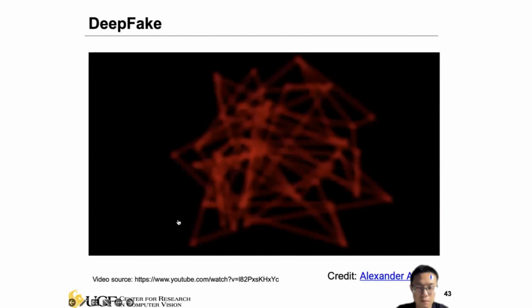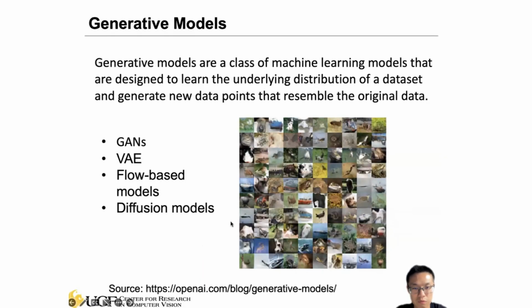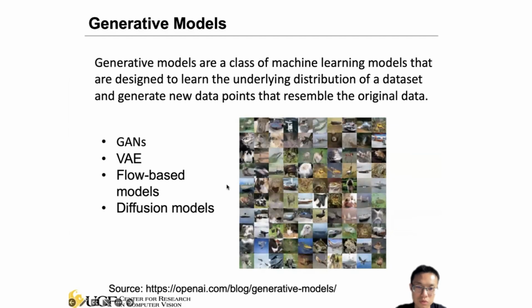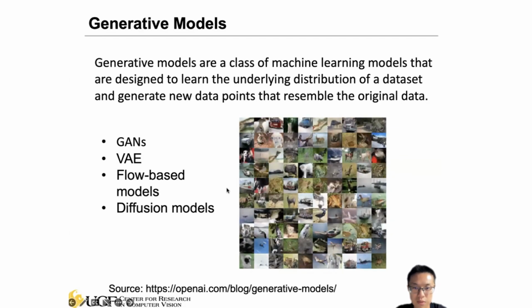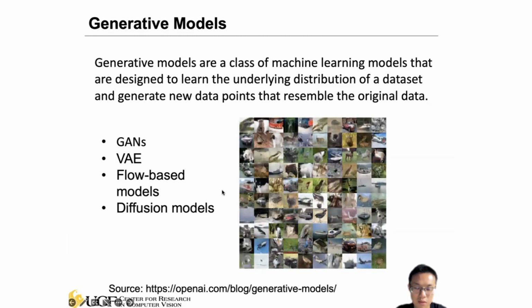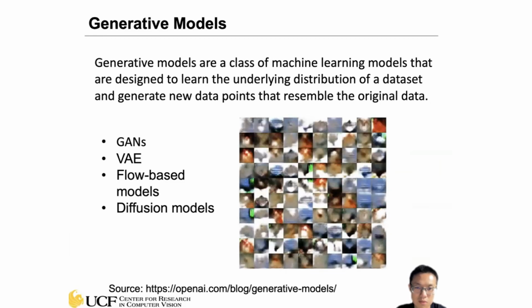Okay, but definitely we can see there are a lot of benefits to these kinds of generative models, right? Generating the data, right? For some applications, especially applications that don't have a lot of training data, this kind of generative model is able to provide a very effective tool to generate the data and the corresponding label easily to train the model, right? So that's one significant benefit of these generative models.